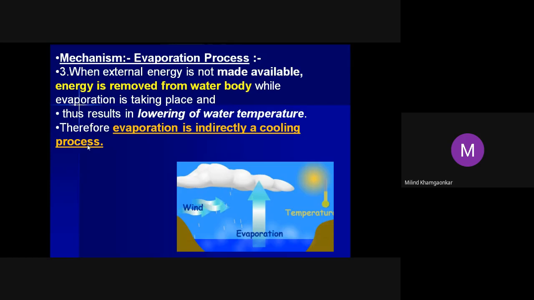And the second example is the cooling of water in an earthen pot, or the matka, as we say in Hindi or Marathi. So evaporation is nothing but, indirectly, a cooling process. It's good that it cools. Afforestation or greenery is always good, but from our hydrologist's point of view, because of evaporation and evapotranspiration, we lose almost 80 to 90% of the precipitation water.